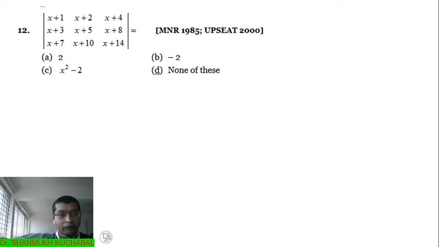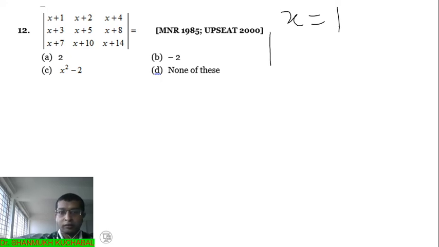Okay. The 15th one, here it is, this is a determinant. Yes, you know, all of you see, it is a very simple technique. What we have to do is take the value of x as some numerical value here. So we can take x equal to 1, like that. So I take x equal to 1 here.